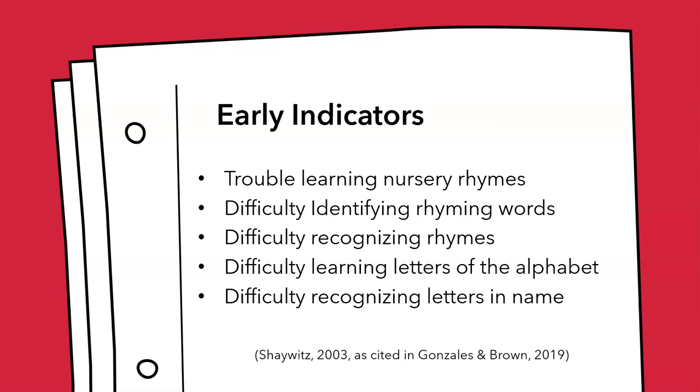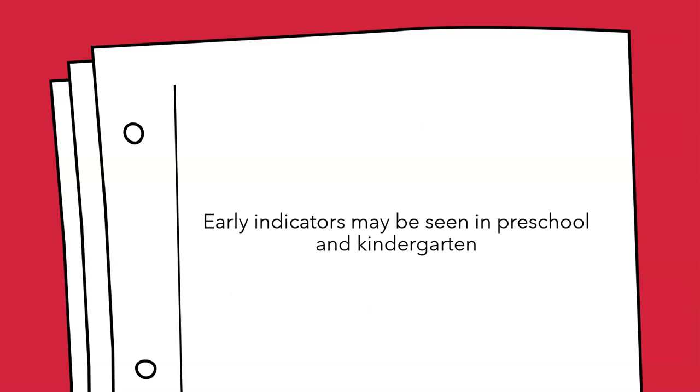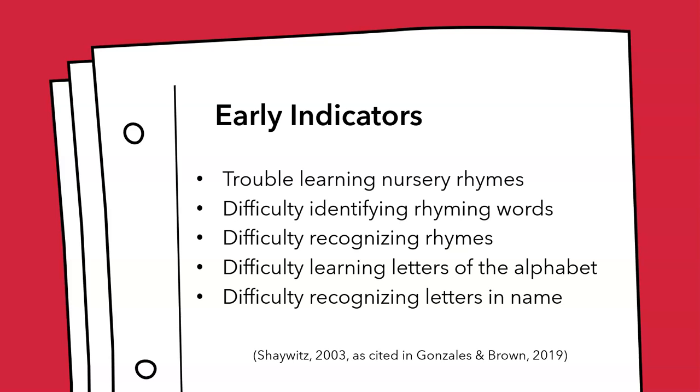Phonological and phonemic awareness are concepts that are taught in early childhood. Researchers have identified early warning signs that may be present in preschool and kindergarten children. These early warning signs include trouble with learning nursery rhymes and identifying rhyming words, difficulty recognizing rhyming patterns, as featured in the words top, mop, and hop,